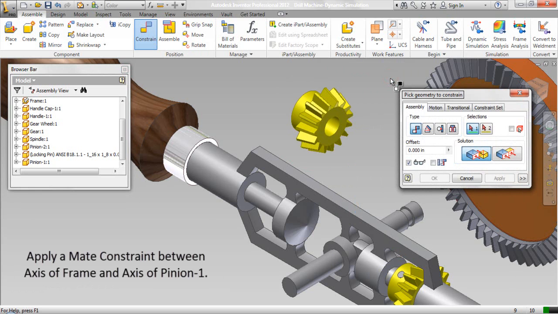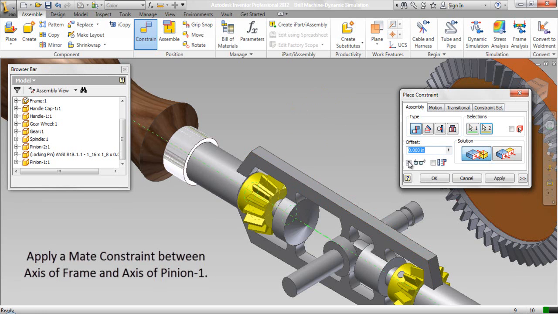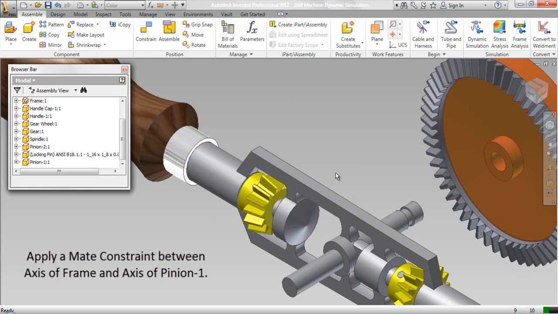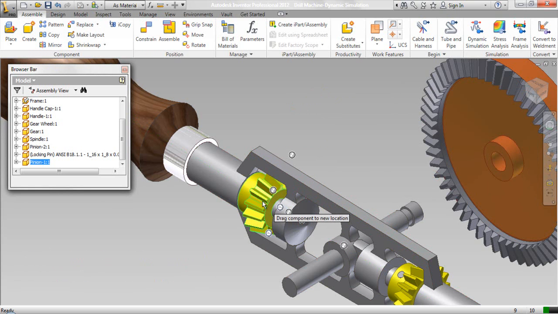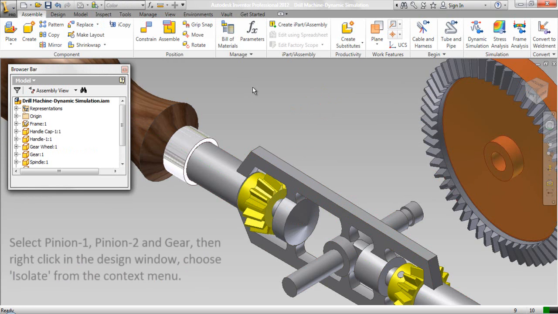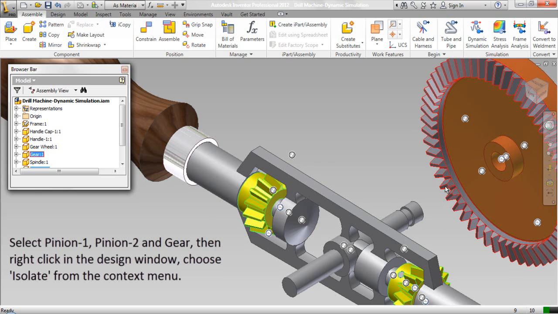Apply a mate constraint between axis of frame and axis of pinion 1. Select pinion 1, pinion 2 and gear, then right click in the design window, choose isolate from the context menu.